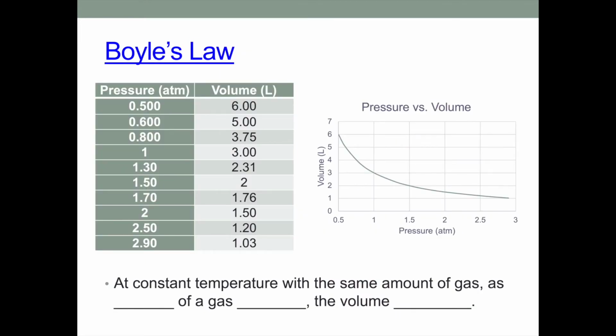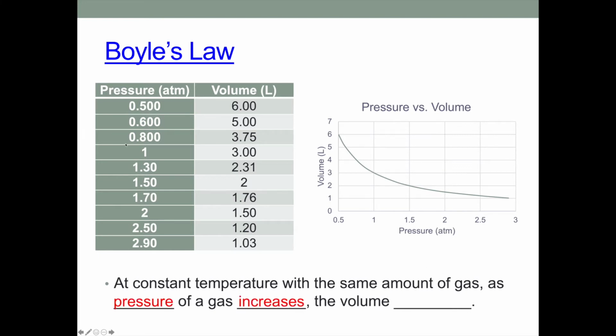Our first gas law is Boyle's law. Boyle's law defines the relationship between pressure and volume. I'll remind you guys that laws in chemistry are mathematical expressions that describe a relationship. Here I've put together a table and a graph of different pressures and volumes for the same sample of gas. What you can notice is that at constant temperature with the same amount of gas present, as the